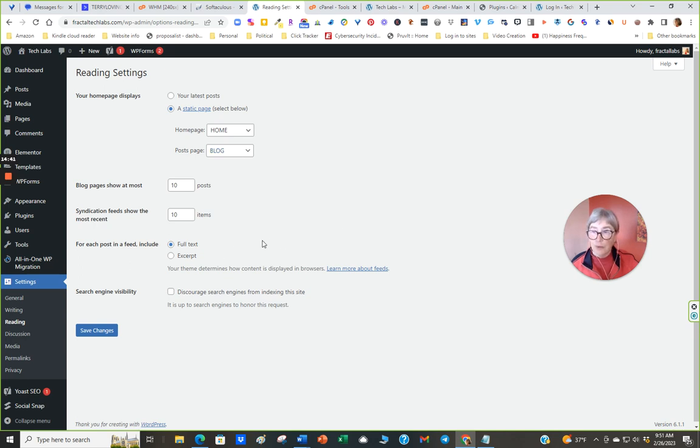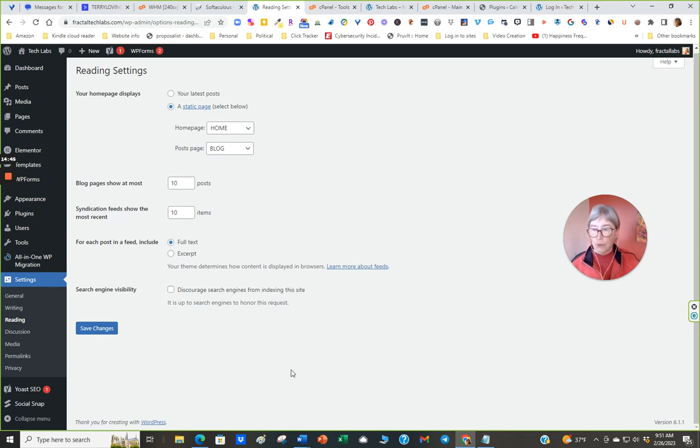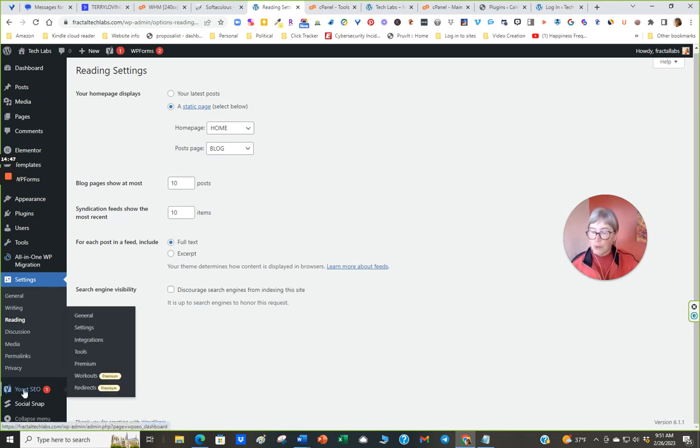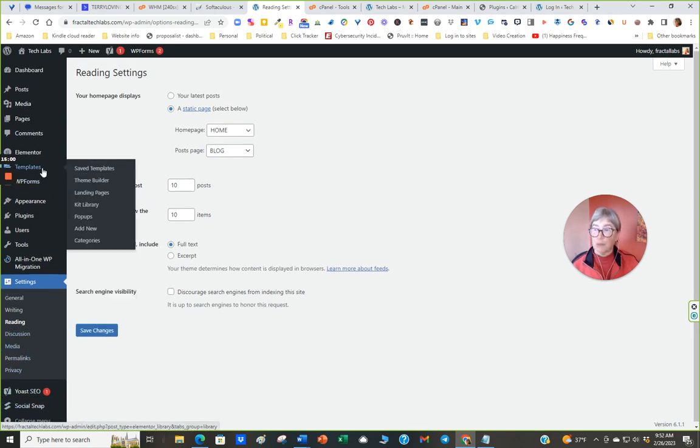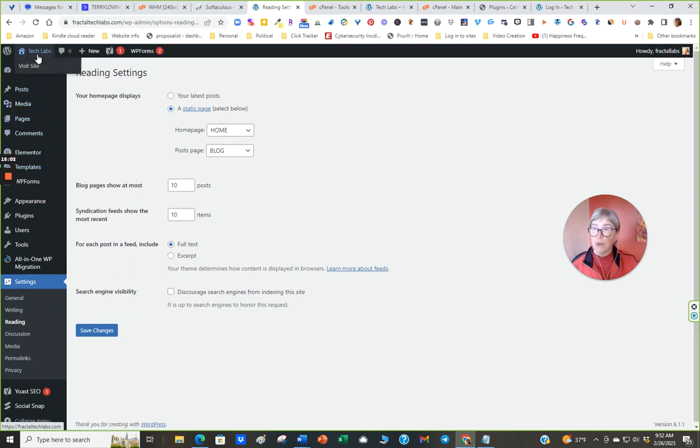Now, let me finish the dashboard first, then I'm going to show you something. Okay, so we've opened Yoast SEO. Now that we installed it, they put it in the dashboard. Social Snap is also there. That is one of the plugins that was installed. So essentially, this is your dashboard. This is where you'll find most everything that you need to work with on your website. Okay, let's go look at